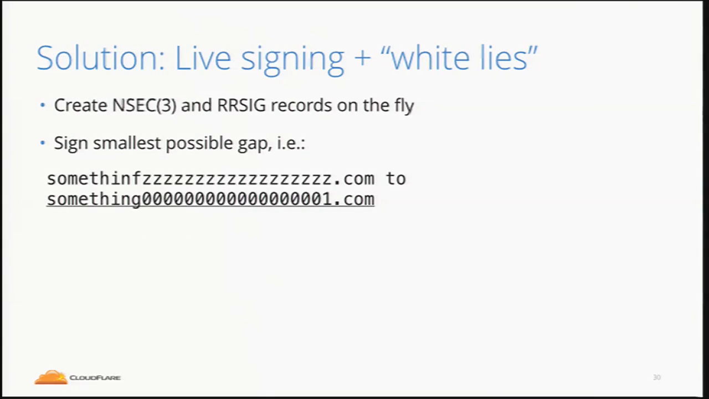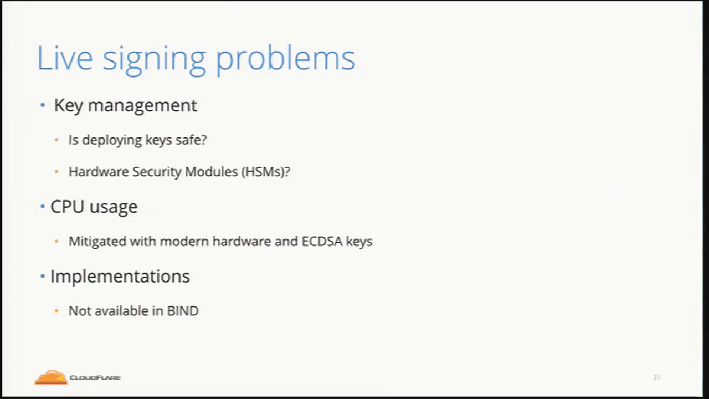So the solution for this is something called white lies. This is, again, another Dan Kaminsky suggestion. If you can sign records on the fly, sort of sign them after the request is made, you can sign something like this. If you want to prove that something.com doesn't exist, you can sign the NSEC record that says from somethf with all these z's to something 00001. That covers your gap, but it doesn't reveal what the next domain is. So this kind of solves the zone privacy problem, but live signing has its own problems on top of that: